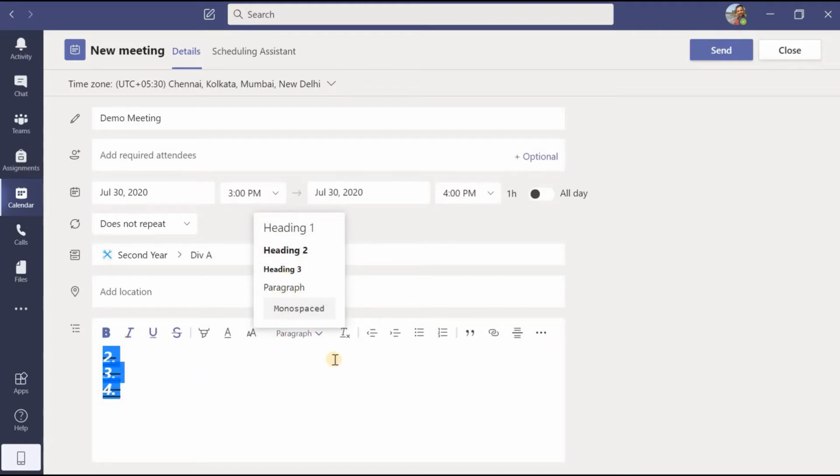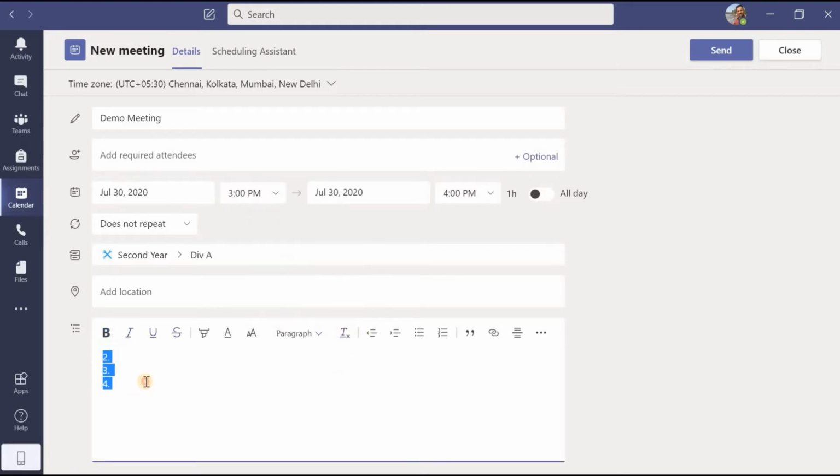If you want no formatting, you can click this button and all the formatting will be deleted. Something can be left aligned or centrally aligned, and you can add bullets, numberings and quotations.